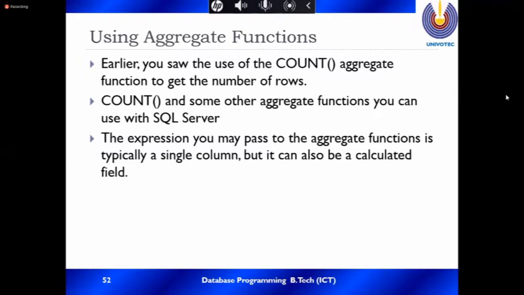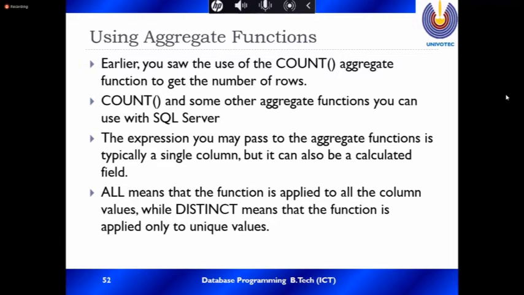The expression you pass to an aggregate function is typically a single column, but it can be a calculated field. ALL means the function is applied to all the column values, while DISTINCT means the function is applied only to unique values. ALL is the default. Then count the number of rows.